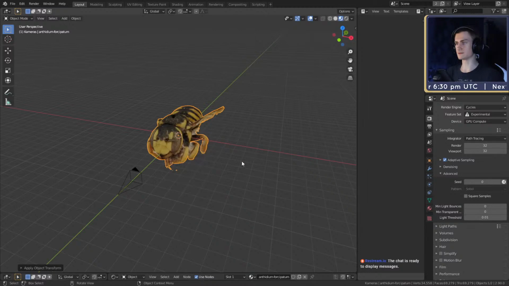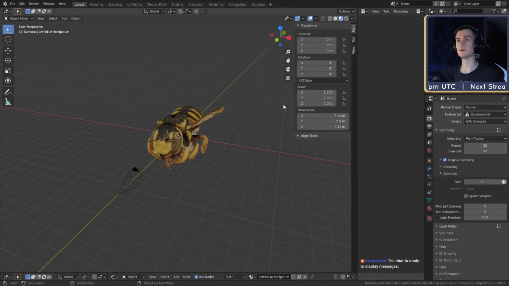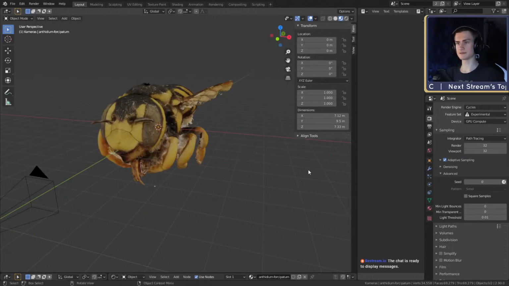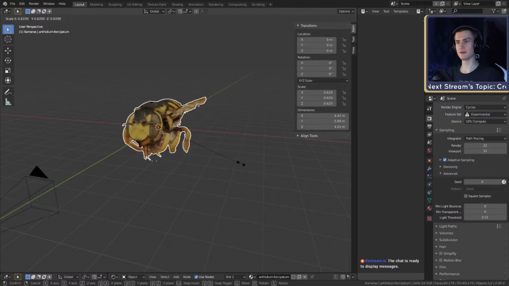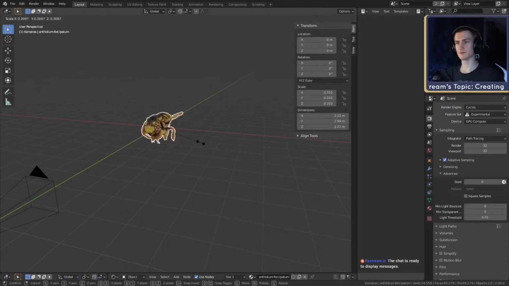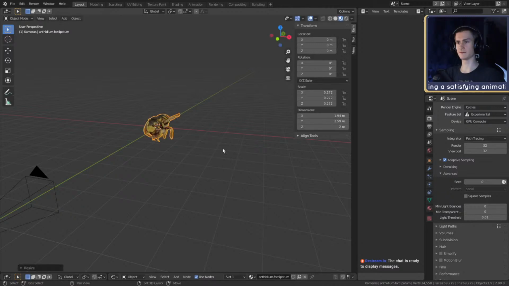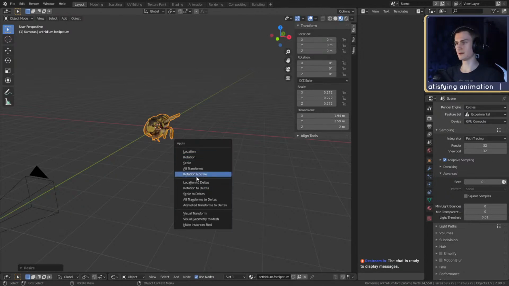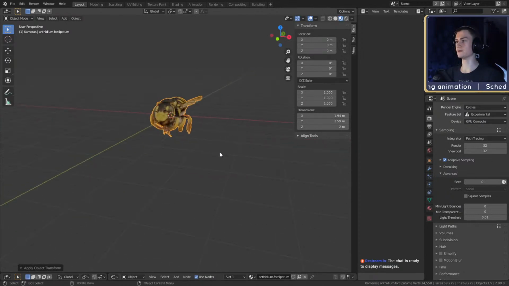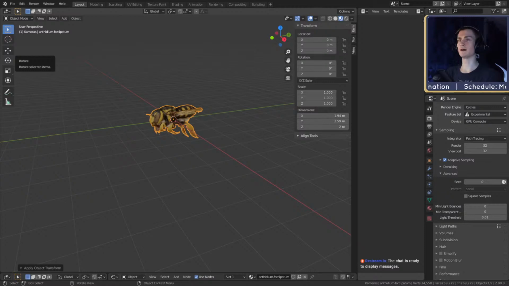Apply the rotation, and there we go. I think we're ready. Let's change the size because it's pretty big. Put that down so one of the values is at 2 or less. Maybe right there. Okay, let's apply that, apply the scale, and there we go.